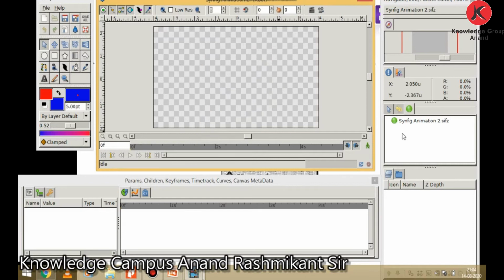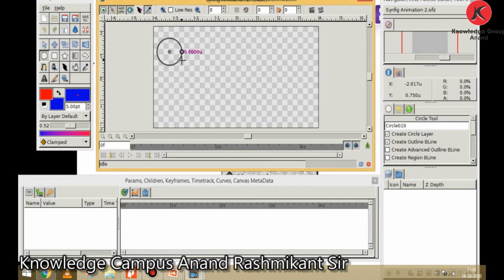So, this is the layers panel. The layers panel displays the layers of your working canvas. It also allows you to manipulate these layers. If you draw any object on the canvas, then it will also show up in the layers panel.